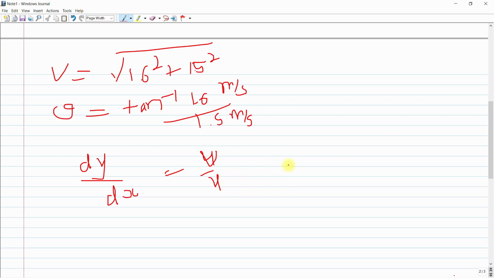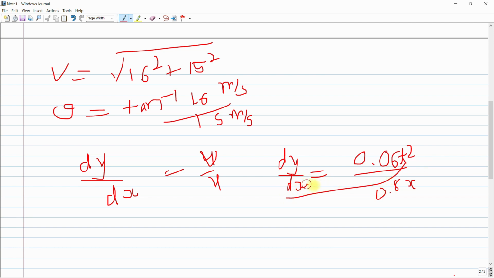So here you can see that dy upon dx is equal to 0.06 t squared divided by 0.08 x. Now t goes here and dx goes here, so I will write it as 1 upon the integration of